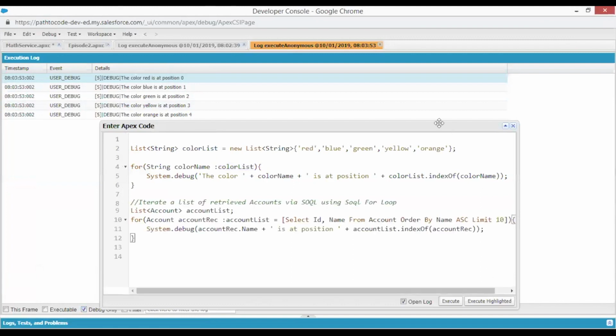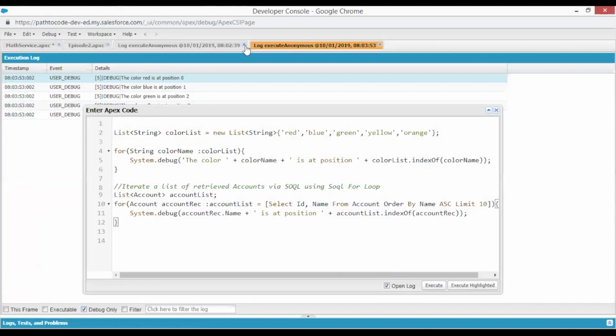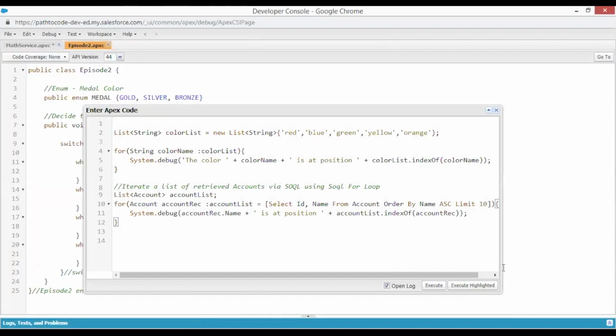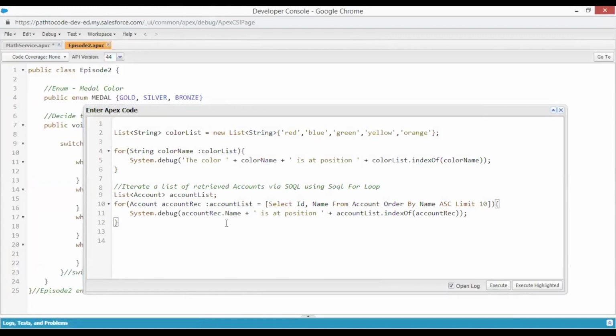So if you really look at a SOQL for loop, it comprises two main things: the data type, which is very similar to what we have over here, and then instead of an array or a list, it is actually a SOQL statement. Now this is another variation where I am doing the assignment and the SOQL statement within the loop itself, but